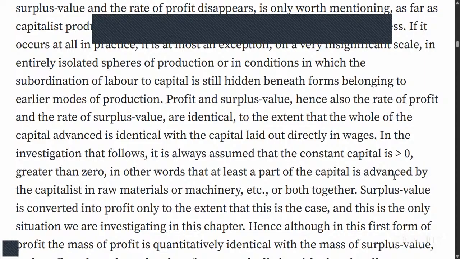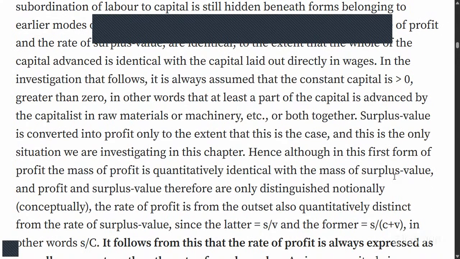Hence, although in this first form of profit, the mass of profit is quantitatively identical with the mass of surplus value, and profit and surplus value